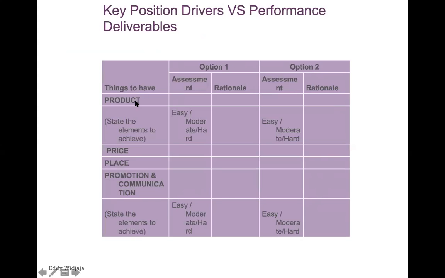From there you need to assess the product. From a product perspective, is it easy enough for you to manage? Then you need to state whether it is easy, moderate, or hard for you to manage it. From a pricing perspective, you need to assess the strategy as well, whether it is easy, moderate, or hard, and placement, the distribution level, and also the promotional campaign. And overall, you need to state whether it is going to be easy, moderate, or hard for each option.